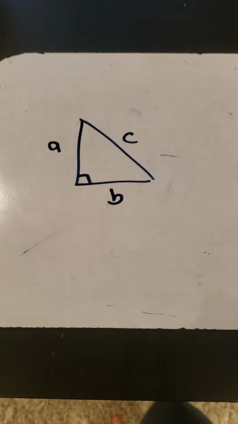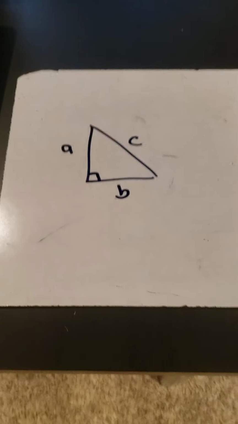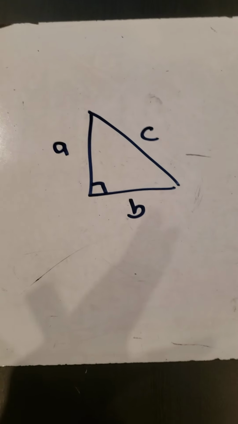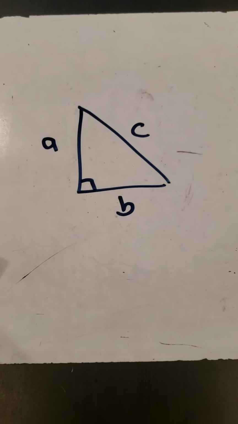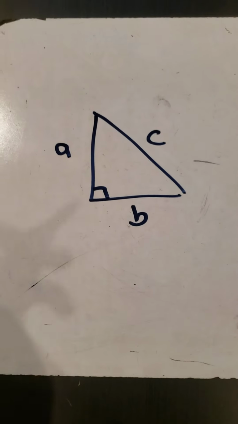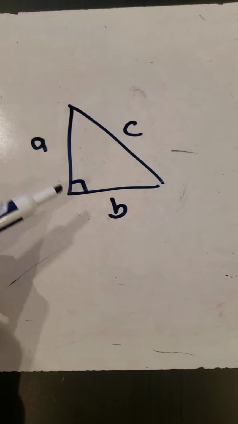All right, you guys, I'm going to go over an example of Pythagorean theorem and how to calculate with it. Basically, there was this cool guy named Pythagoras way back when who discovered this. He found that when we have a right triangle,